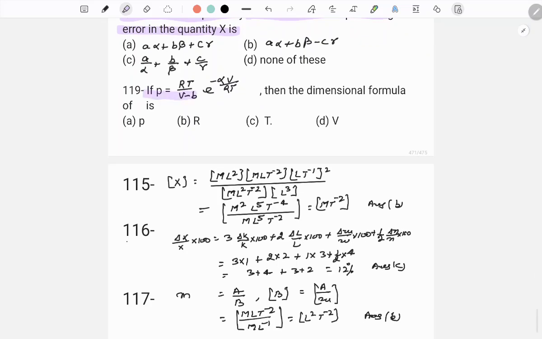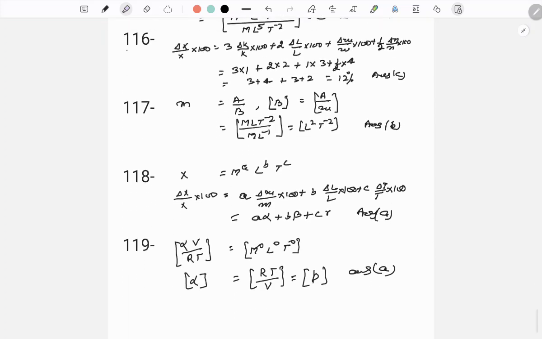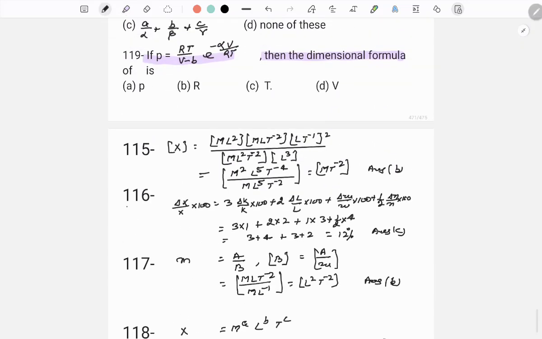119. If P is equal to RT by V minus b, e to the power minus alpha V by RT, then the dimension formula of alpha is